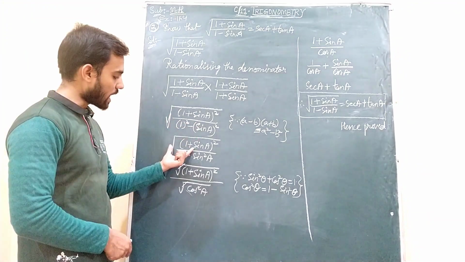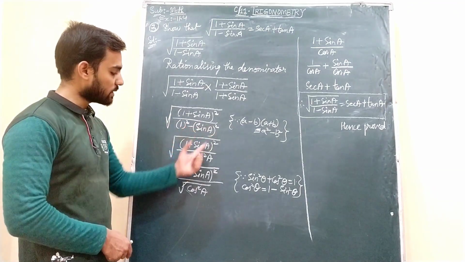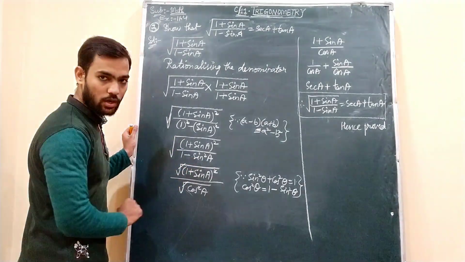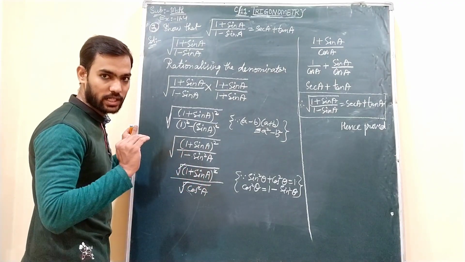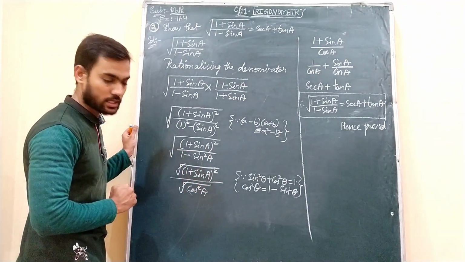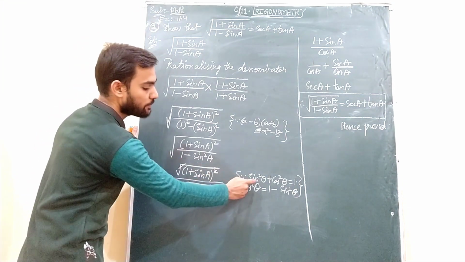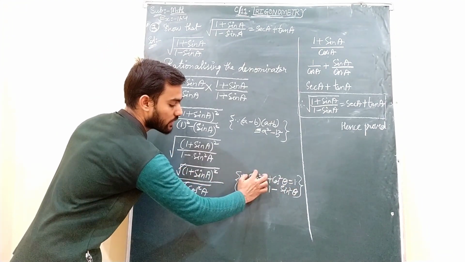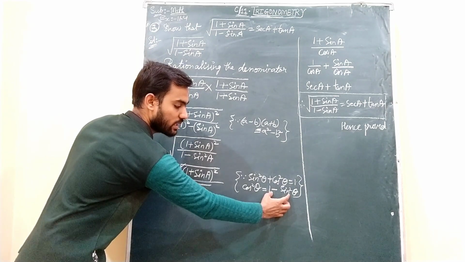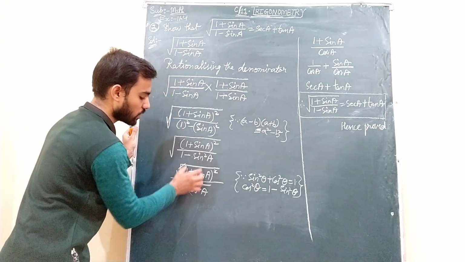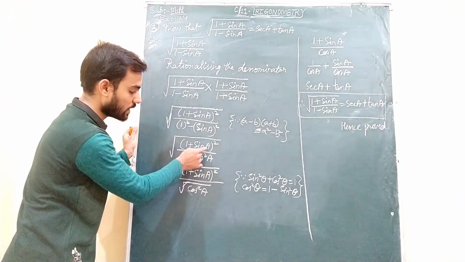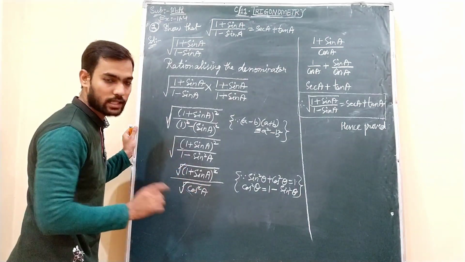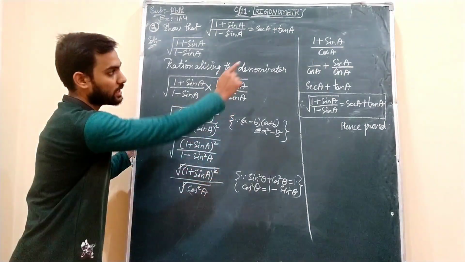Now in the next step, this numerator I wrote as it is, 1 square became 1 and this became sine square a when I applied the square inside. Now I am separating the root with the numerator as well as with the denominator. This I wrote as it is again. See, in the numerator we are not making any changes, only in the denominator. So now this 1 minus sine square a, I have written the first identity and I want the value of 1 minus sine square a. So that is the reason 1 is there. I have transposed this sine square theta to this side. I got 1 minus sine square theta, which equals cos square theta. So in place of this I wrote cos square a, because here we are dealing in terms of a, not in terms of theta. So cos square I wrote, and the square root gets cancelled. In the numerator it remains 1 plus sine a, and in the denominator it remains cos a.